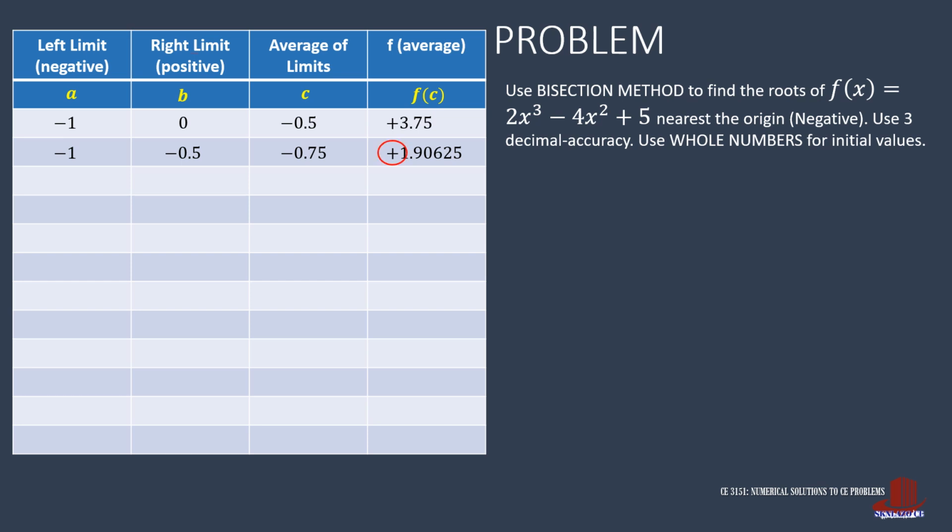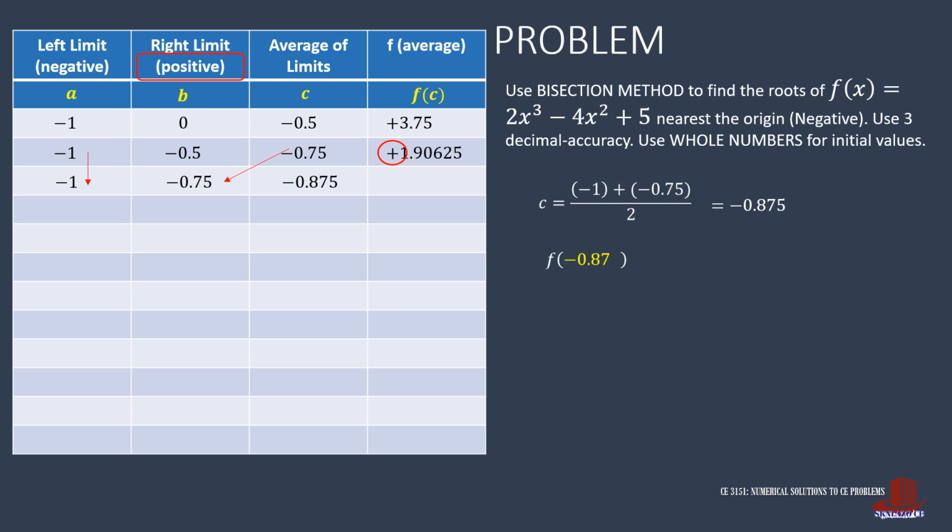Note that the sign of f of c determines which half is to be considered. With the recent f of c as positive 1.90625, the value of c replaces the right limit. The left limit will just be carried out as it is. Then we complete the rest of the iteration by taking the average, and that is half of negative 1 plus negative 0.75, giving negative